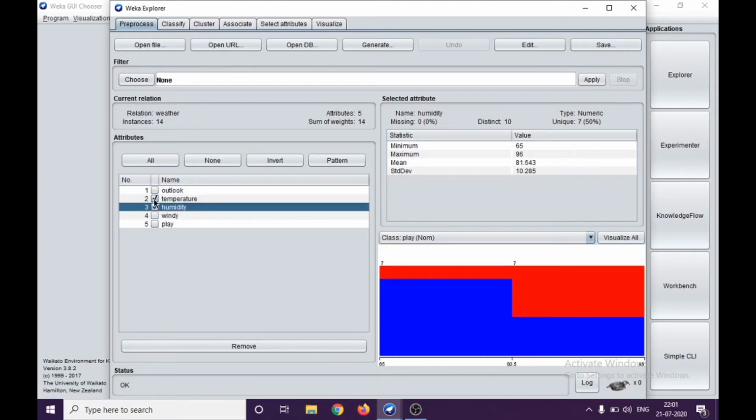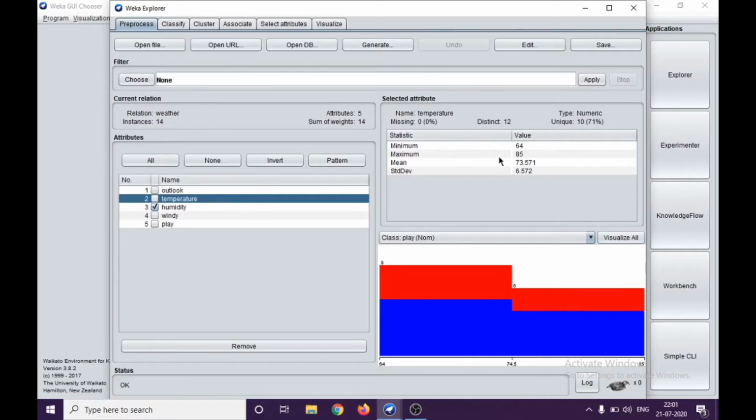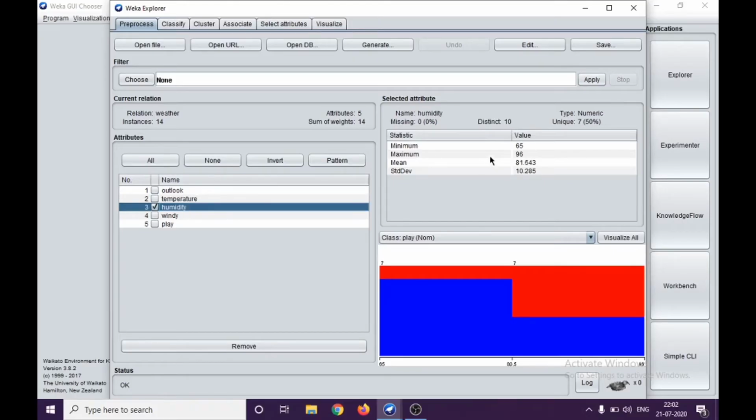Similarly, humidity has 10 distinct values and 7 unique values, with a minimum of 65 and a maximum of 96, and the type of value is numeric.